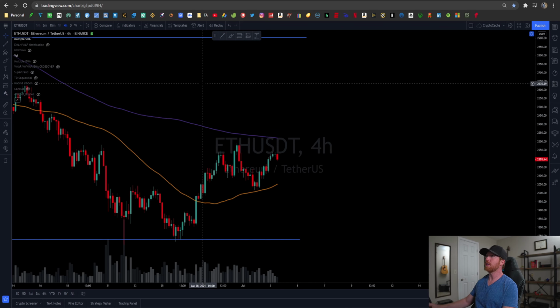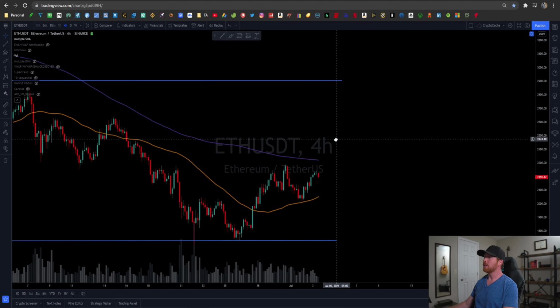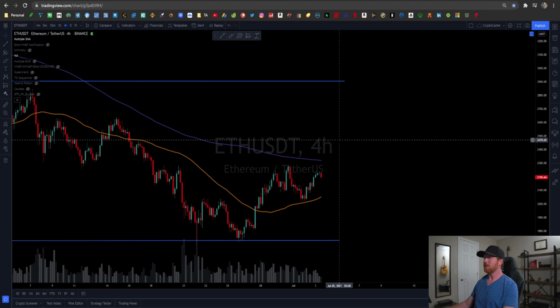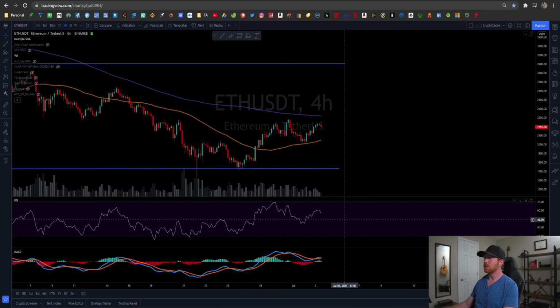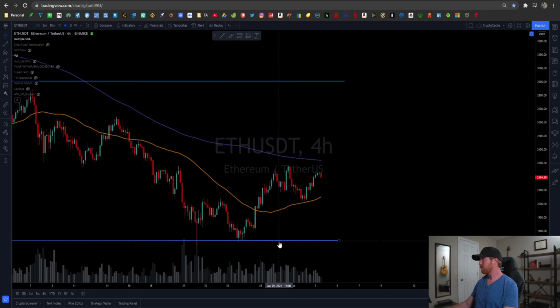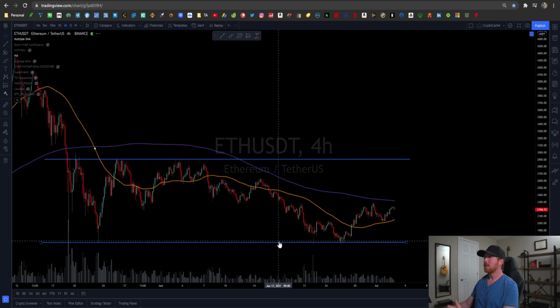Let's go ahead and take a look at Ethereum. Ethereum is very similar to Bitcoin. Again, it's kind of mirroring Bitcoin in a sense. It had this really strong ramp up recently. That was likely just a recovery from being so low. RSI was almost 30, which is extremely low. For Ethereum, furthermore, we tested the 1700 support level again, for a 4th time.